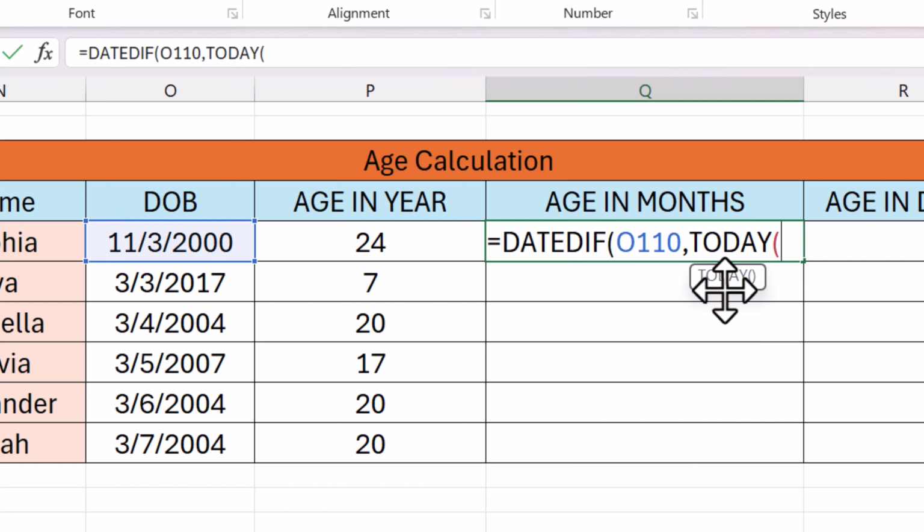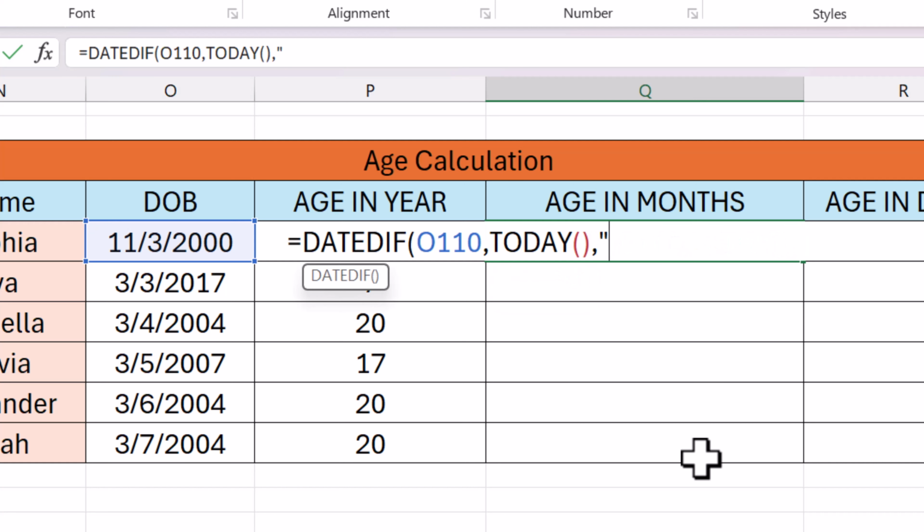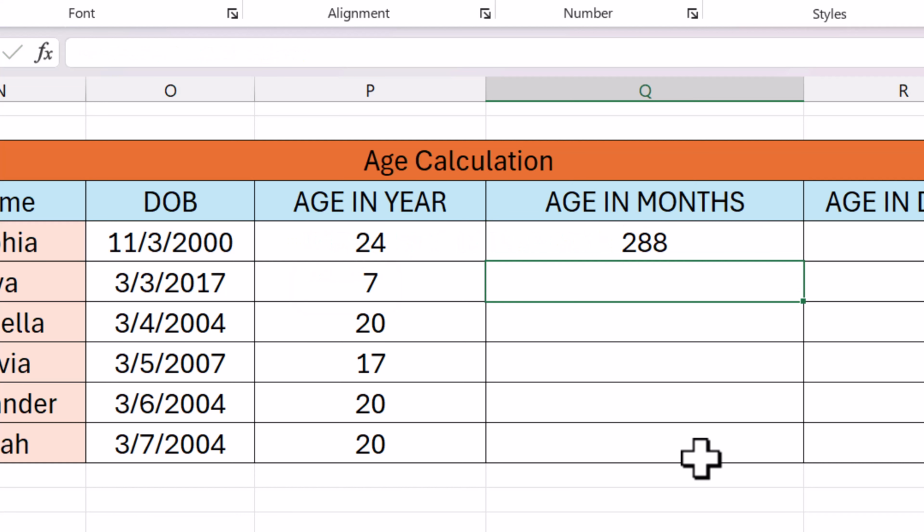select it, closing bracket, comma, double quote, month. So type here M, double quote and closing bracket, press enter. So this way you can calculate month,